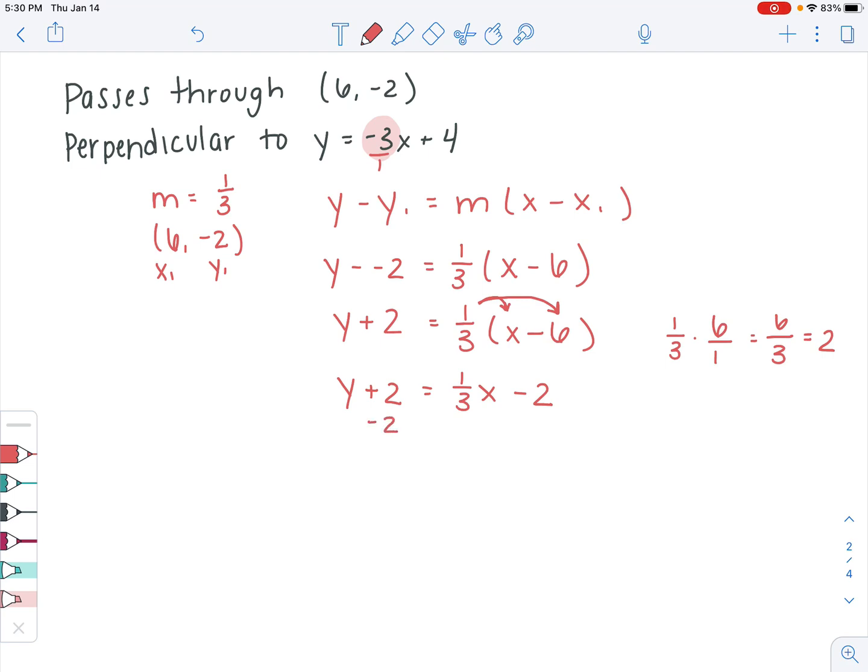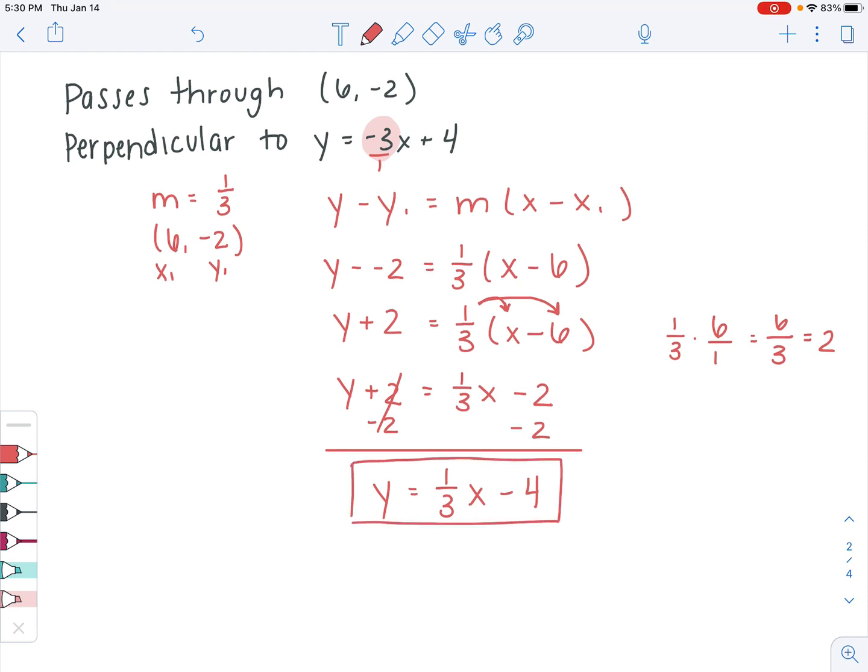Then I need to get my y by itself, so I've got to subtract 2 from both sides. And I get y equals 1/3 x, -2 minus 2 is -4. And I can see that that's a problem that's part of my maze. That brings me to my next problem, and I'm just going to keep doing that in order to get all